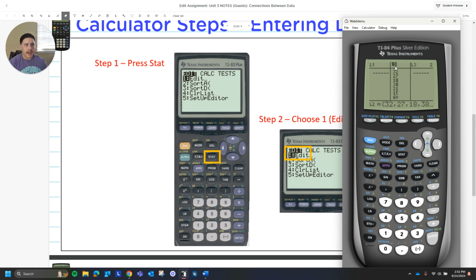And there's a few ways that you could bring that back up. Either you highlight it and then enter your list by pressing second stat to enter the L2 list there. If that doesn't work, then you have to press second plus 7, 1, 2 to reset your calculator, and then it'll pop back up right there. Okay, so anyways,